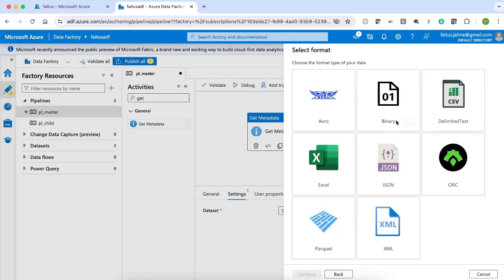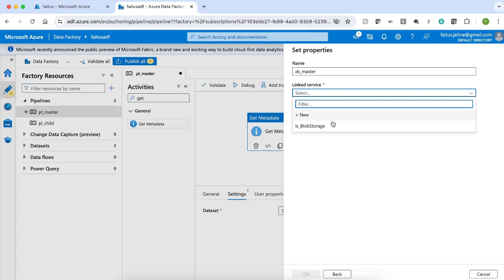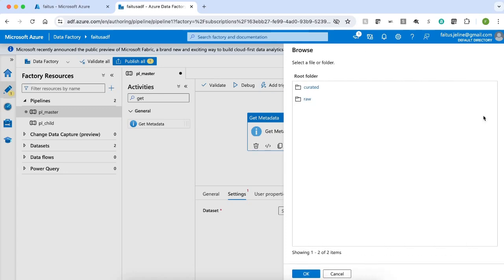Let me click Binary and click Continue. I'm going to name my dataset DS master. I can use the same linked service that we created previously because we are using the same storage account. Here I'm going to select the manager folder. Let me click OK